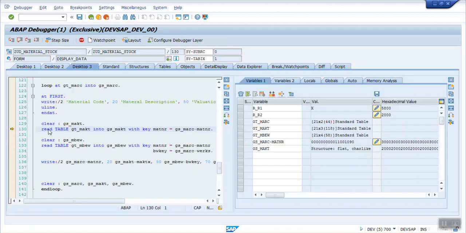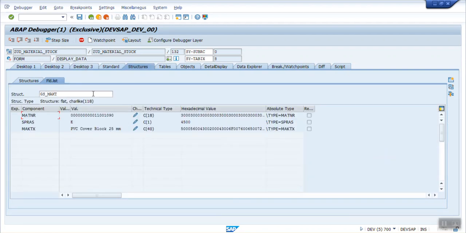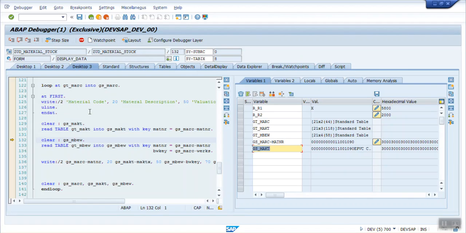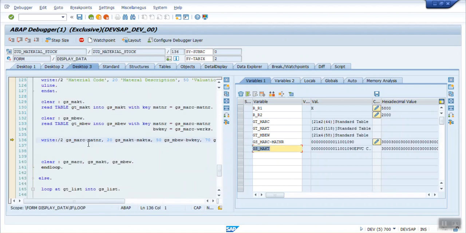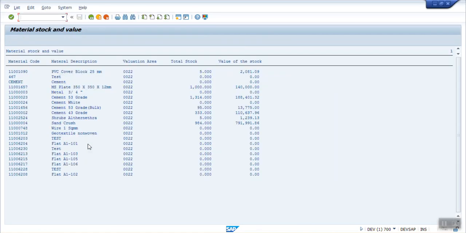As soon as we press F5, we can see the corresponding record in the work area. Similarly for the MBEW. Okay, so like this the program flows. Press F8. Okay, so like this we can also do small debugging.